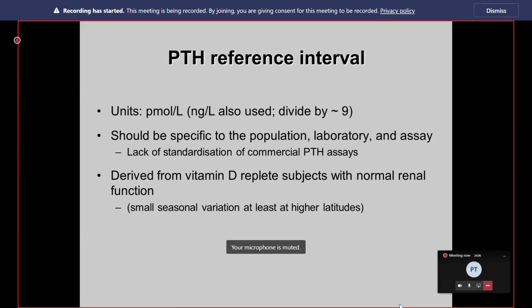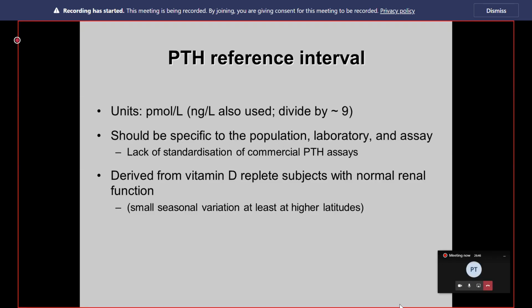As I mentioned, reference intervals should be established for each laboratory. It's very much assay dependent, population dependent, and because of lack of standardization of commercial assays, there can be significant differences. Now, I don't want to go into too much detail about second or third generation PTH assays, but most laboratories nowadays use intact assays, which are second generation assays. Third generation assays, which measure so-called whole PTH,